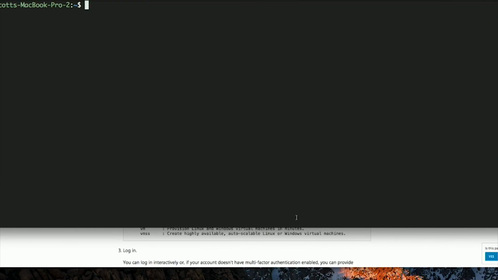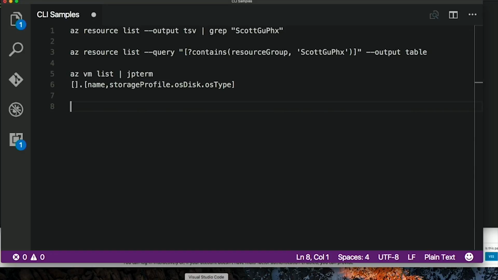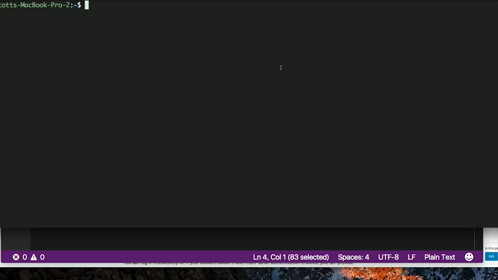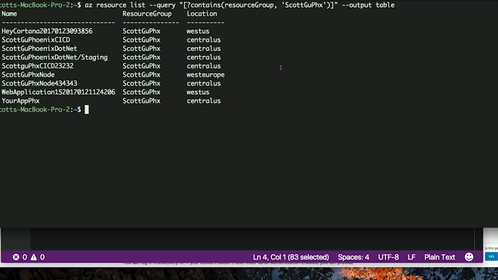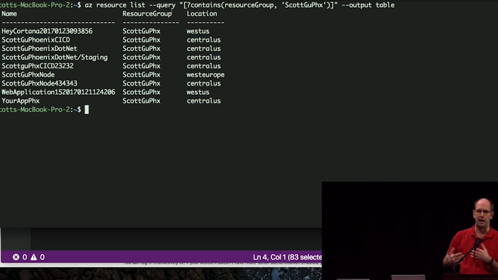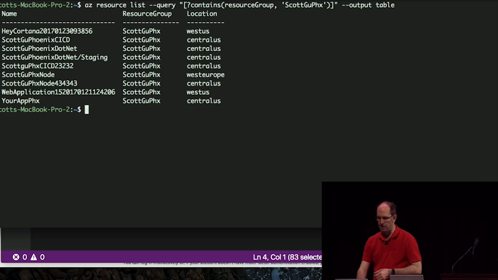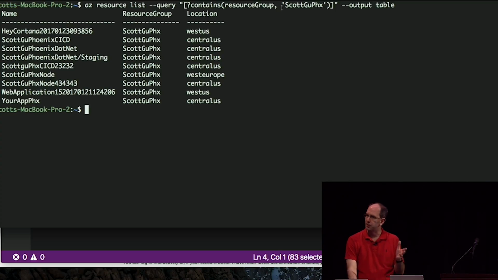We also have the ability to, and I'm going to cheat and just pull this here, instead of having to grep and do it on the client side, you can also specify what's called a query that is going to be applied inside Azure. And so if you've got thousands of resources, you don't want to have to pull that data down and do a local grep. In this case here, I'm doing a query where I'm basically saying if it contains a resource group Scott Goo Phoenix, go ahead and pull it back. And in which case here, I'm just, again, outputting it in a tabular format and listing it, which is a little bit more human readable and also more efficient on the network